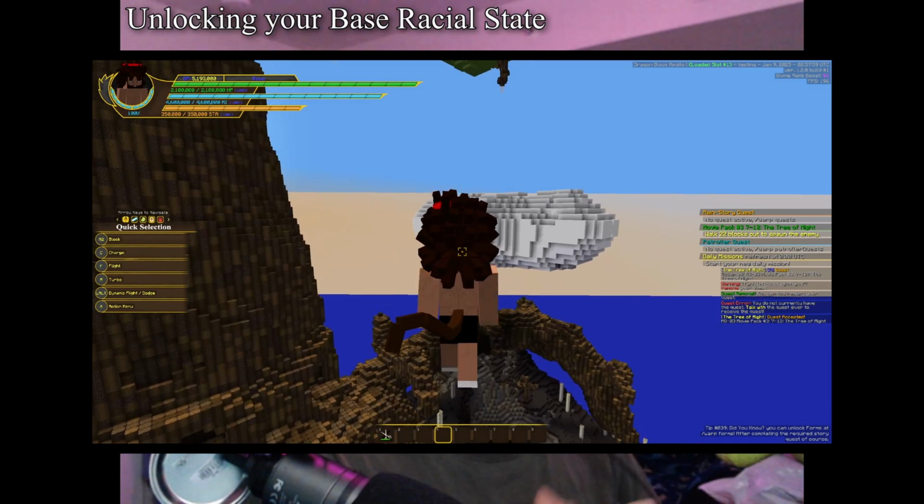Hey, how's it going? Today I'm going to be talking to you guys about racial states, how you unlock them, how you level them, all those kind of things. What's the search bar? We're going to find out today. So to get right into it, you're going to be unlocking your racial state, the base racial state, your base